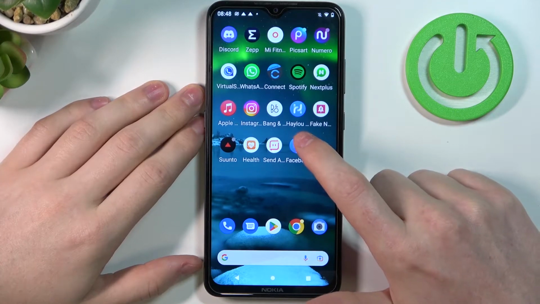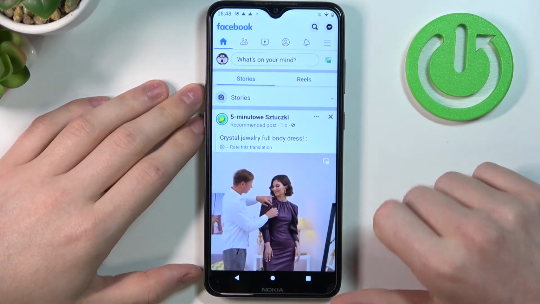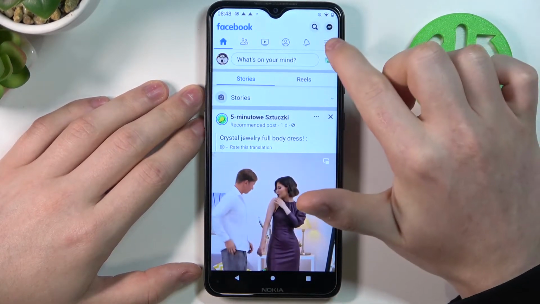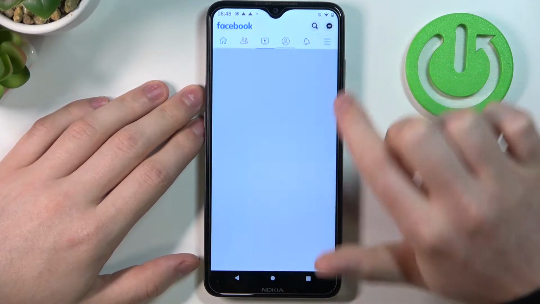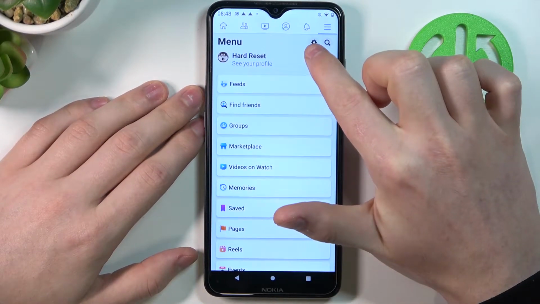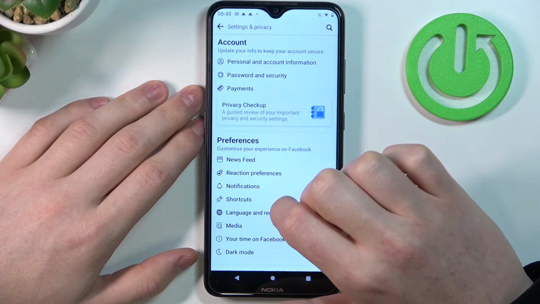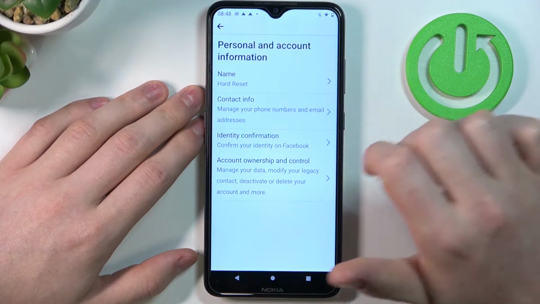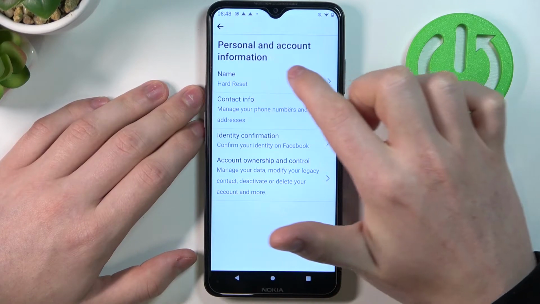So in order to do this, let's click on our Facebook app, then select these three lines in the top right corner of the screen, go for the gear icon, and then personal and account information. Here select the name,